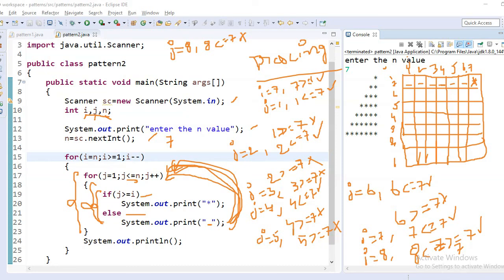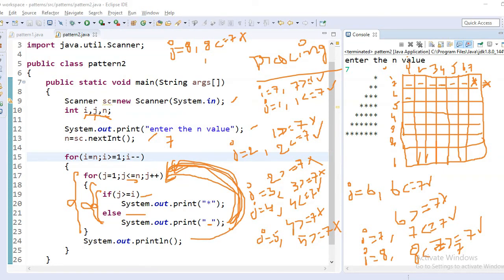So after that, the cursor will be now here. After completion of this for loop, the cursor will move to the next line, coming to this place. Okay, so next, again, before, i value is 7.